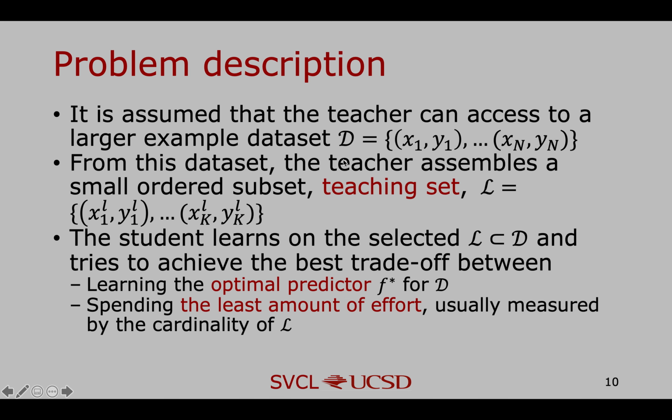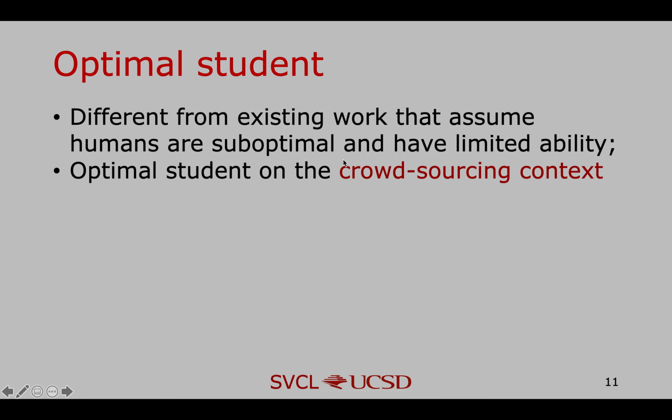The formulation of machine teaching can be summarized like this. It's assumed that the teacher can access a larger dataset D, here the dataset that the domain expert labeled. From this dataset, the teacher assembles a small ordered subset L, usually called the teaching set, where the student learns, trying to achieve the best trade-off between learning the optimal predictor on D and spending the least amount of effort. The widely adopted strategy is using a network to mimic human behavior, and then the samples are selected according to